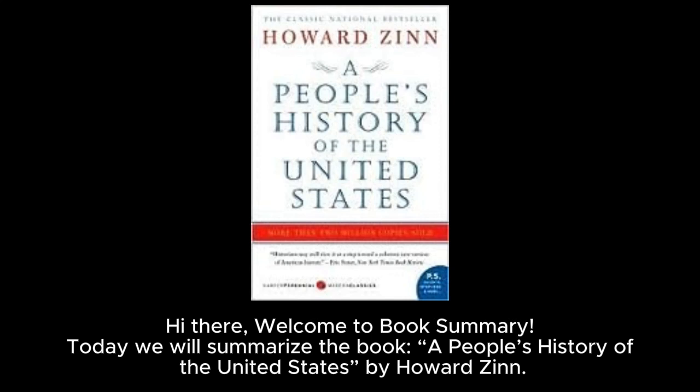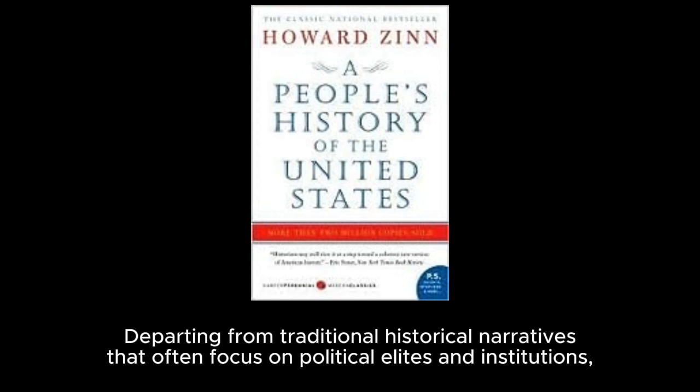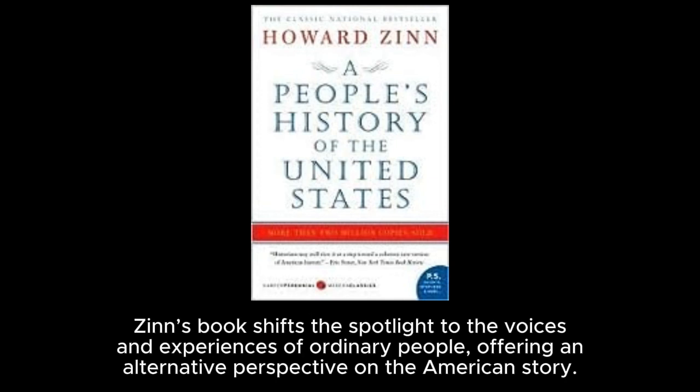Today we will summarize the book, A People's History of the United States by Howard Zinn. A People's History of the United States by Howard Zinn is a seminal work that presents a comprehensive and critical reinterpretation of American history, departing from traditional historical narratives that often focus on political elites and institutions. Zinn's book shifts the spotlight to the voices and experiences of ordinary people, offering an alternative perspective on the American